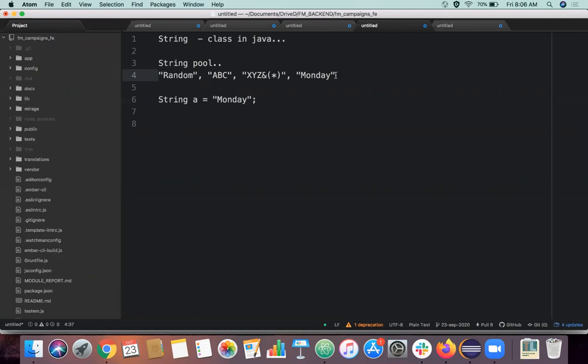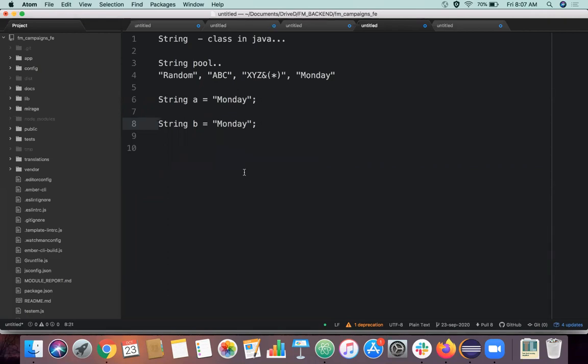This is where every string gets stored in Java at runtime. The JVM handles all these things, but an interesting thing happens here. If I create one more string, String b, and give it the value Monday,